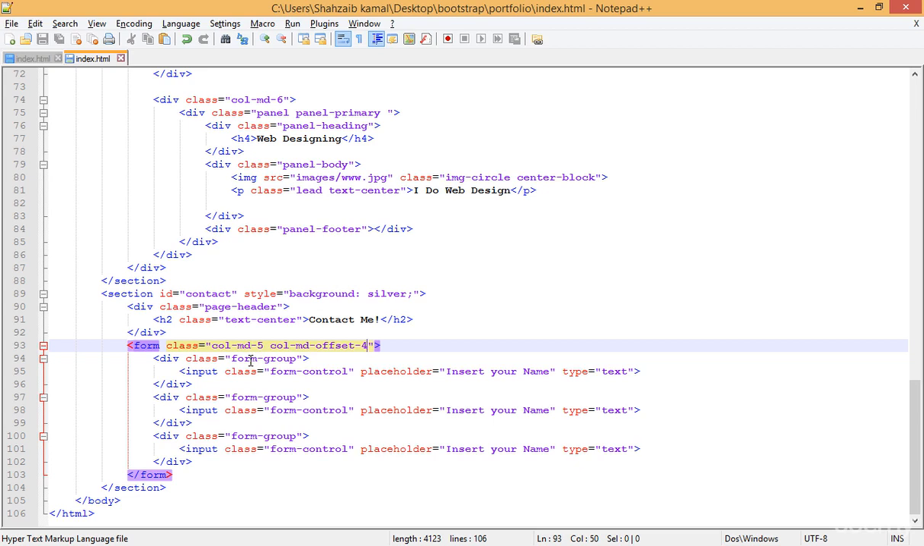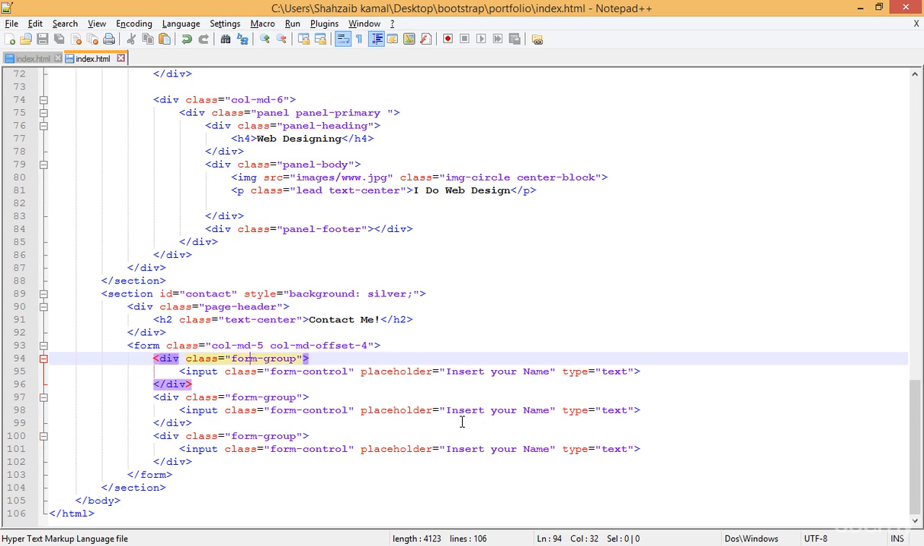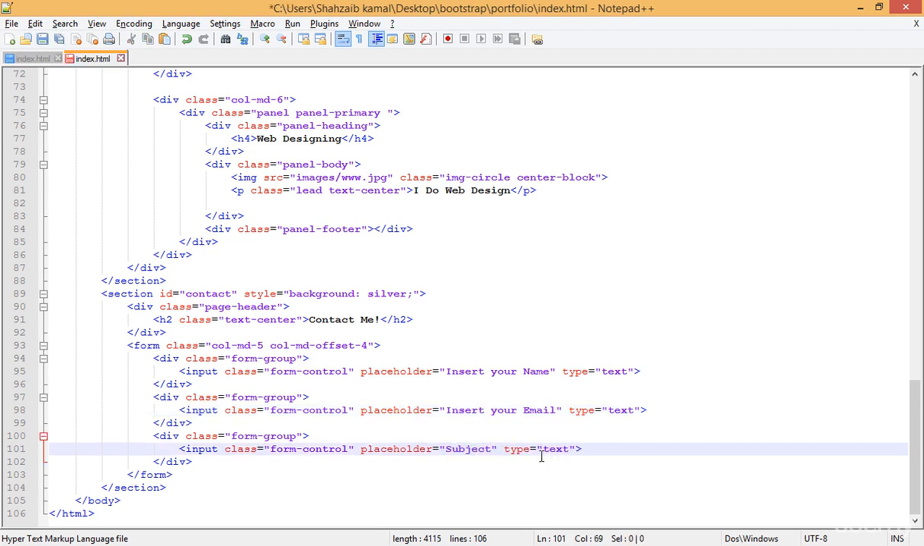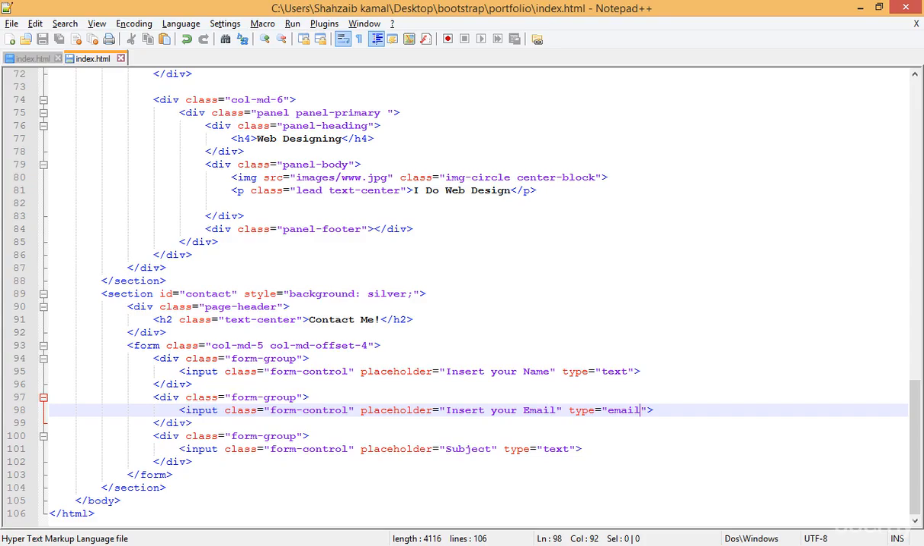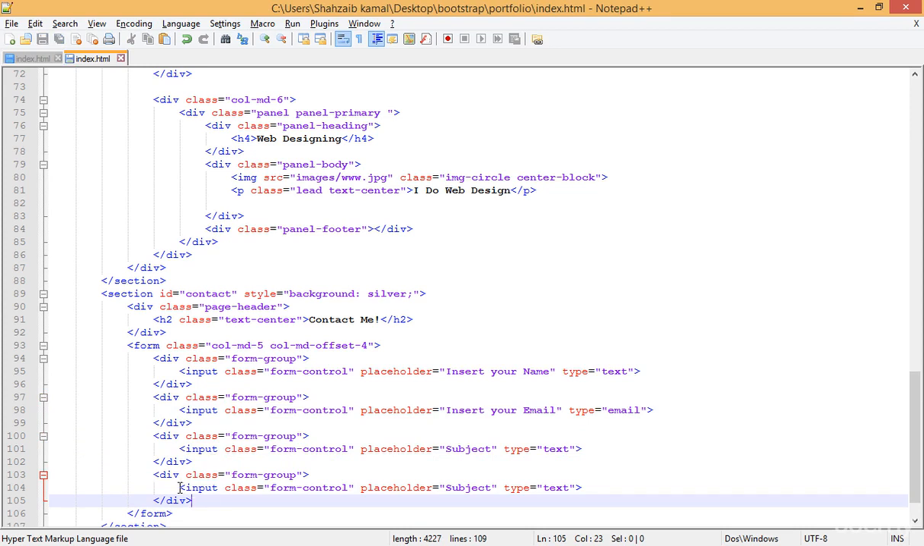By the way, what I'm doing more, first of all, this shouldn't be the name, this should be the email. Insert your email, and then this should be the subject. Save, and then this should be the email as a type. So save that and refresh that back. Now you can see the element which I want, and then just add the last element at the div, and then remove the text area,